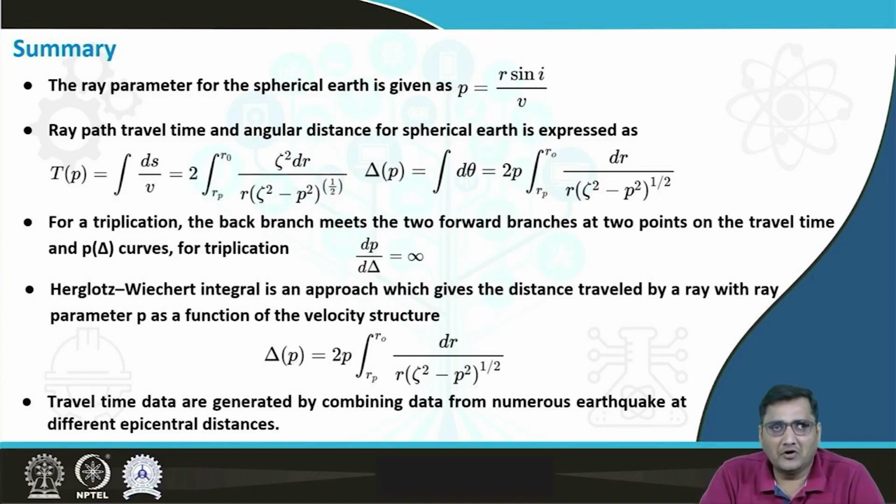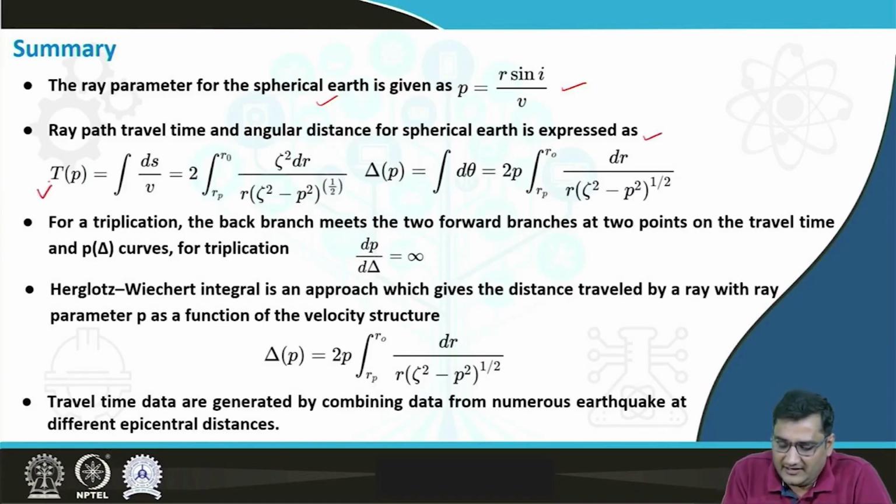So the summary of the entire module goes like this. The ray parameter for the spherical earth is given as p = r sin i / v. The ray path, travel time and the angular distance for the spherical earth are expressed as follows: the travel time, as a function of ray parameter, is the integral of ds by v, which equals 2, that is for two-way travel time, from r_p, the bottoming depth, to the depth of the hypocenter, of ζ² dr divided by r (ζ² − p²)^(1/2),